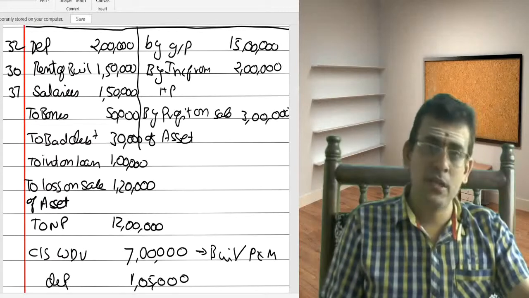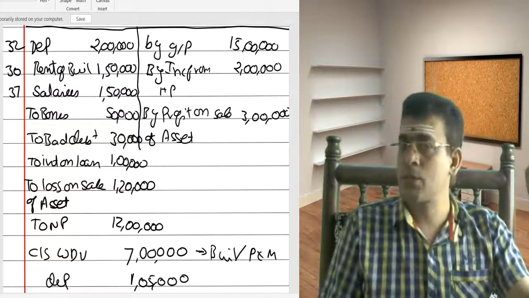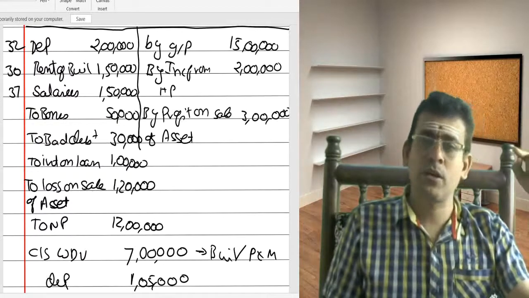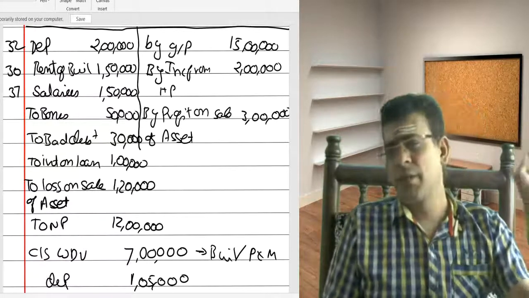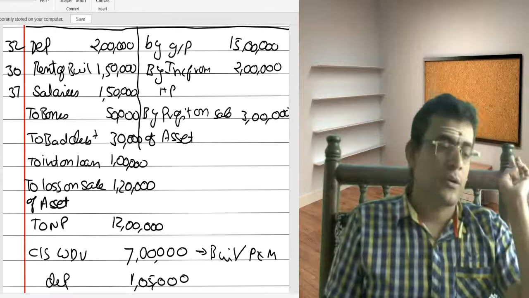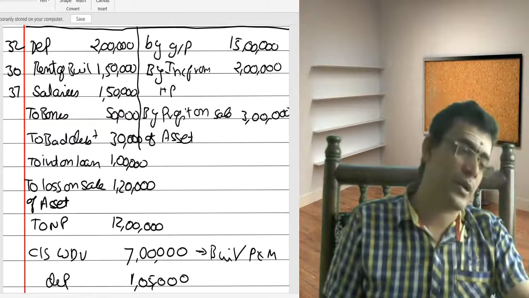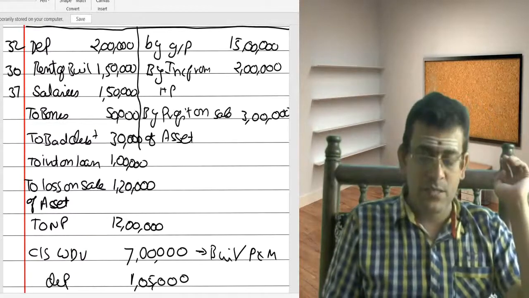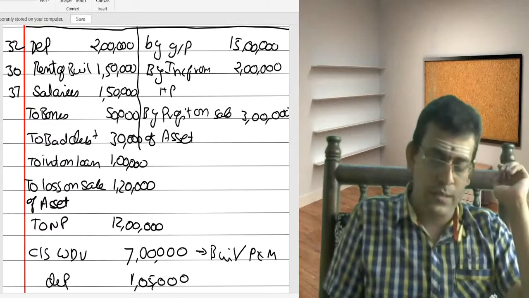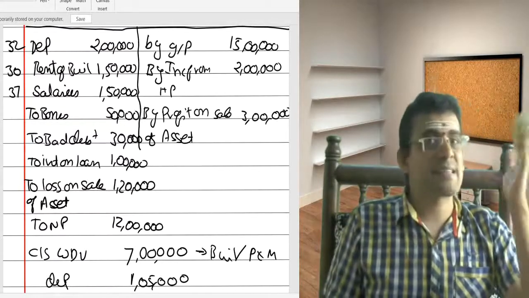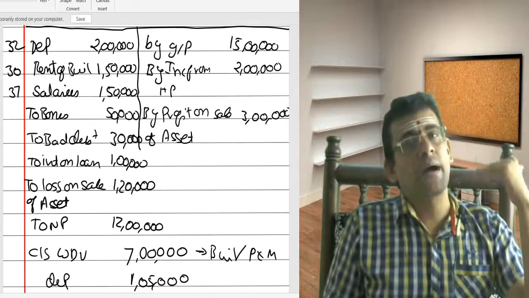Even though section 32 says take depreciation. What does section 32 say? Section 32 says depreciation has to be taken on WDV. Compute the WDV, compute depreciation. So ultimately my amount of eligible depreciation is not 2 lakhs, my amount of eligible depreciation is 1,05,000. So what I have to do? Find out the difference. 2 lakhs minus 1,05,000, the difference is 95,000. As you have taken excess 95,000, add back, disallow.